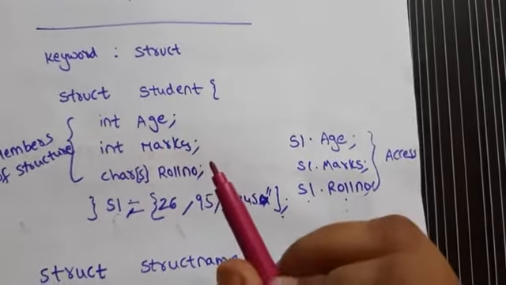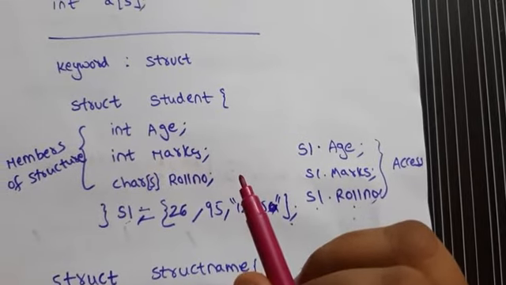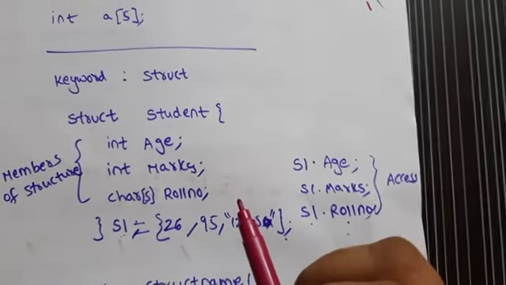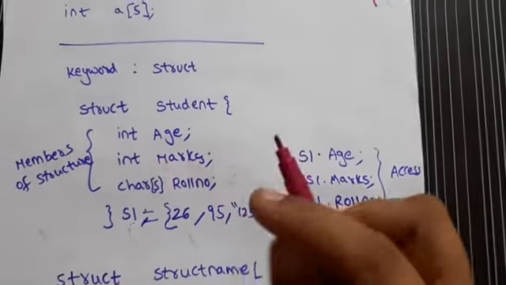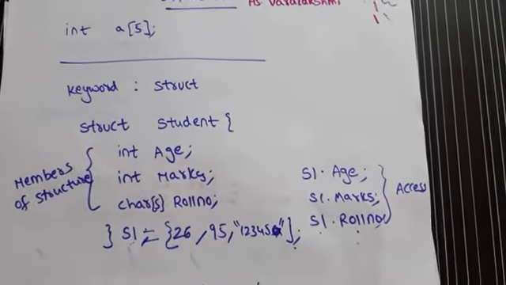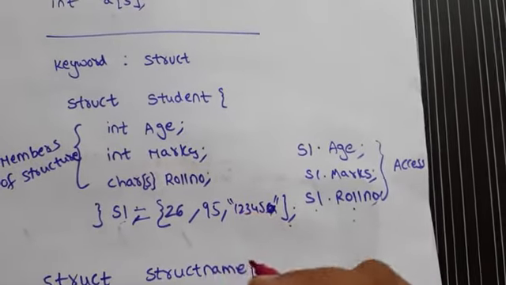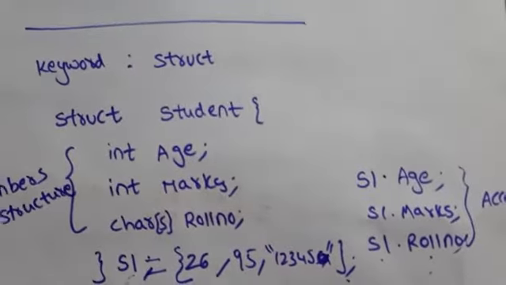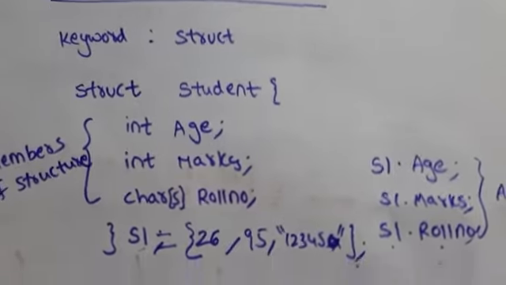Now, today we will discuss union. What is the difference between structure and union and enumerated data types? So, our concepts will be union, the difference between structure and union, and enumerated data type. So I'll show you the difference between structure and union, and what the difference is when you are writing.